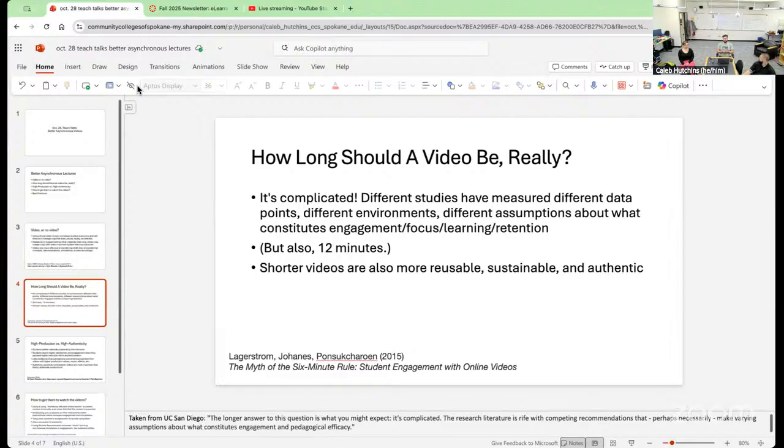So if they're just watching those videos because they're interested or for fun, then they probably aren't going to watch as much as a student who has paid to take a class and is then being graded on it. This study from 2015 talks about that and deconstructs it a little bit, the myth of the 6-minute rule. And in their tests in several online college classes, they found that actually most students would, let's see, the median